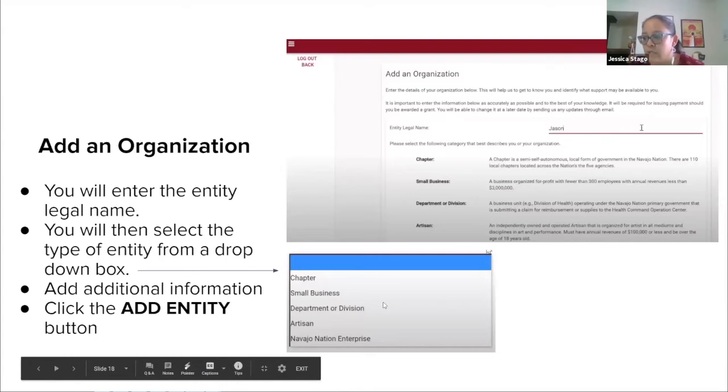And it is important because they don't show you any other applications. So if you need more than $5,000, you'll pick small business. If you're an artisan and you're only applying for the $5,000 or less, you'll pick artisan. So on the next page,